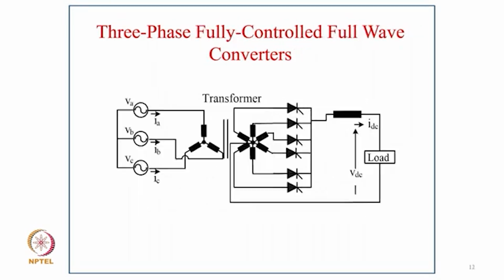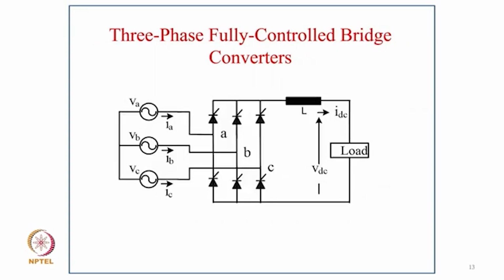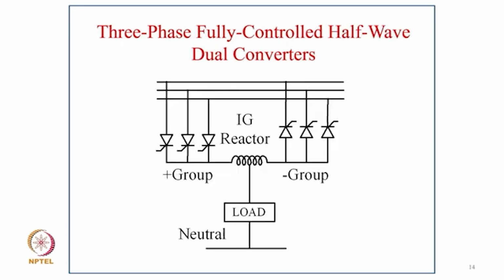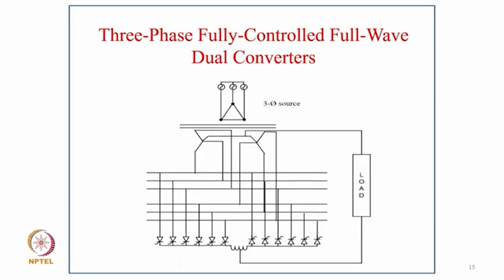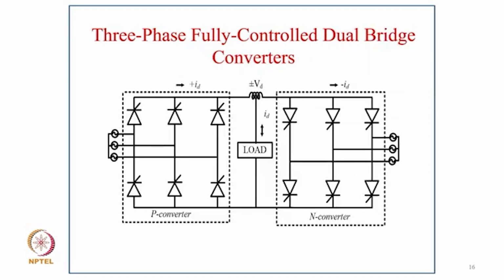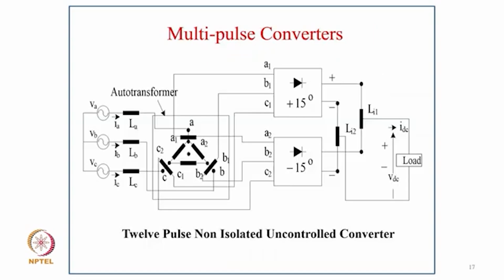have a 3-phase fully controlled half-wave converter, a 3-phase fully controlled full-wave converter, and a 3-phase fully controlled bridge converter, and the 3-phase fully controlled half-wave dual converter, a 3-phase fully controlled full-wave dual converter, and a 3-phase fully controlled dual bridge converter. And then the multipulse converter, you can just see here